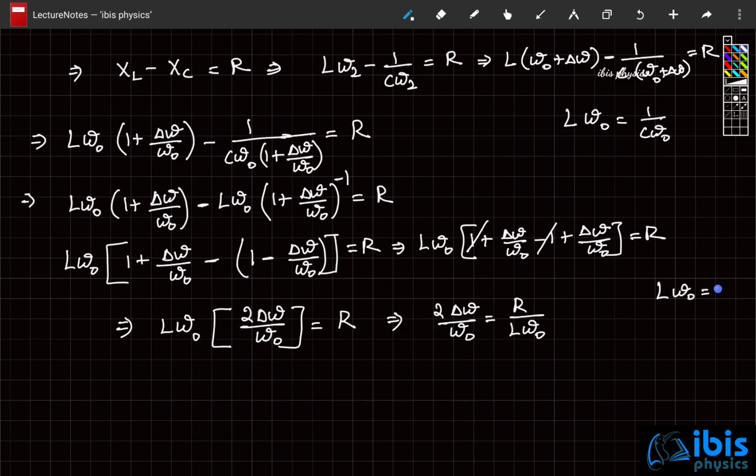L omega naught is actually XL. At that condition, L omega naught is actually equal to 1 by C omega naught. So 1 by C omega naught is XC, when instead of omega it is omega naught, meaning resonance condition. At resonance condition XL is equal to XC. So this is R by XL, or you can write it as XC. But the quality factor or sharpness of resonance